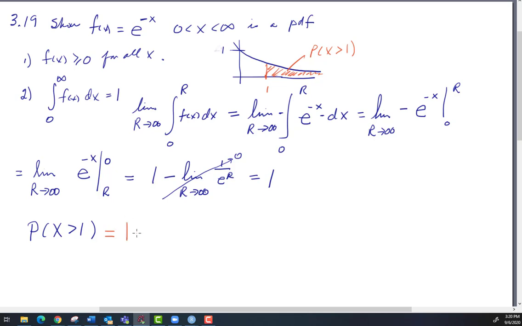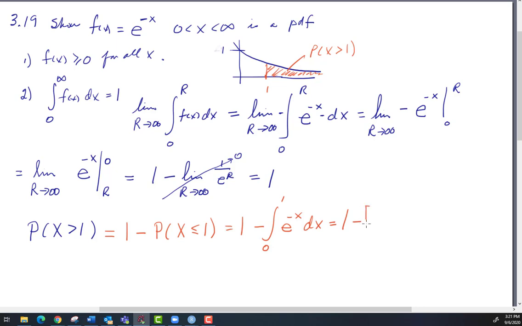But we also know that the law of complements works for all probability measures. So this probability would be the same as 1 minus the probability that x is less than or equal to 1. What's the probability x is less than or equal to 1? It's the integral from 0 to 1, e to the minus x, sticking in the PDF here, dx, would be equal to 1